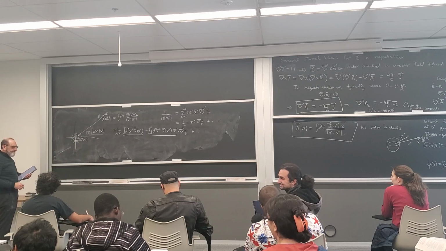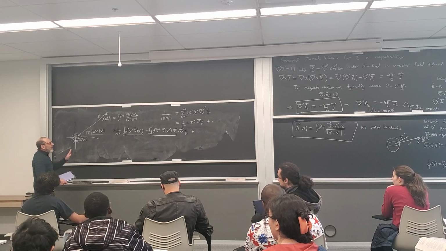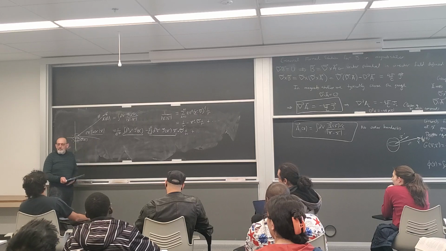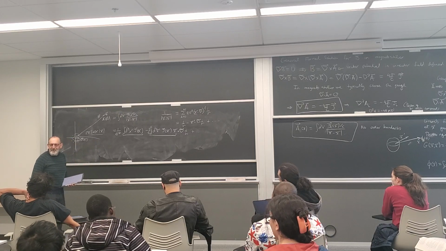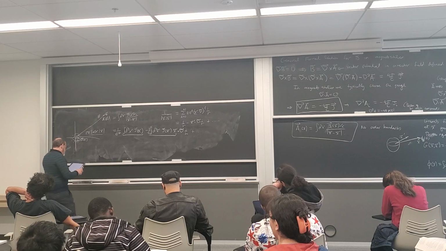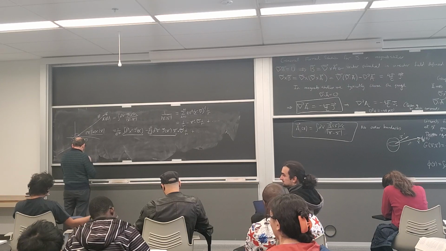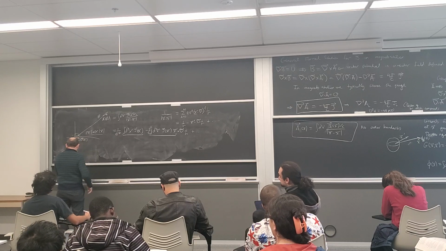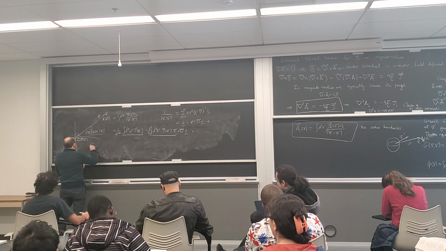All right. To get B, we cross this. So ultimately, to get the magnetic field, we're going to have to look at the curl of A. But let's just get A, and then we'll go for the curl of A. All right, so what is the trick? Oh yeah, that's the trick. Okay, so let me consider